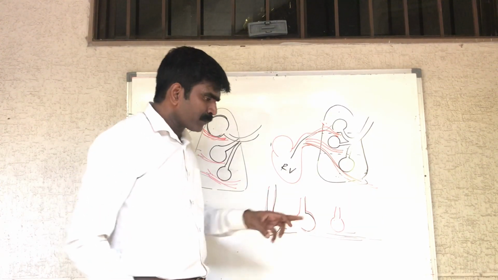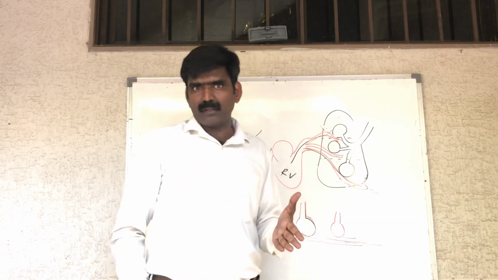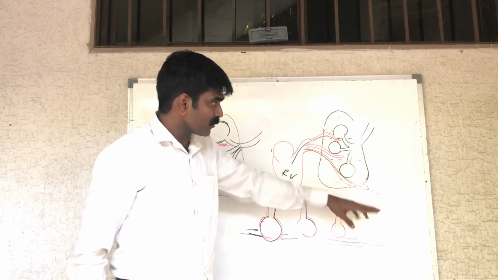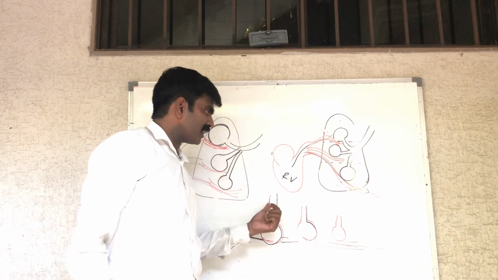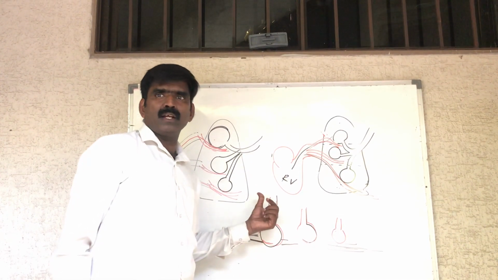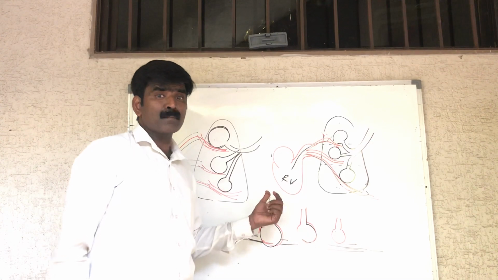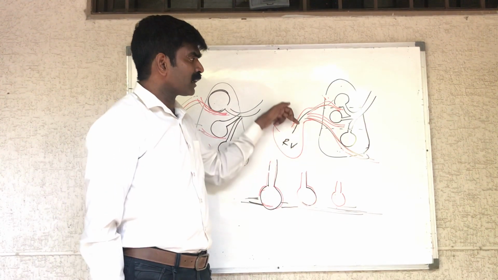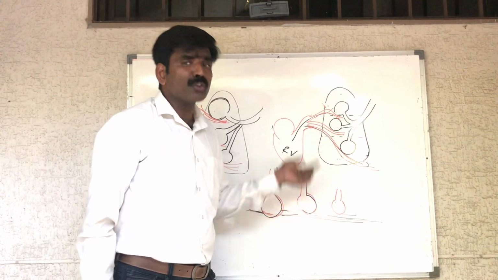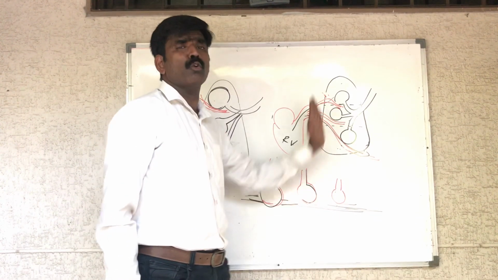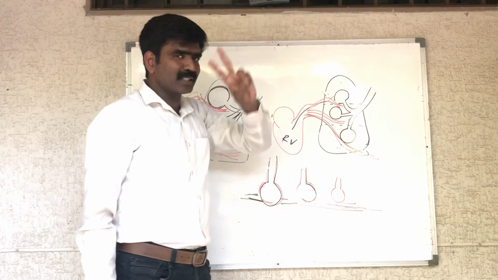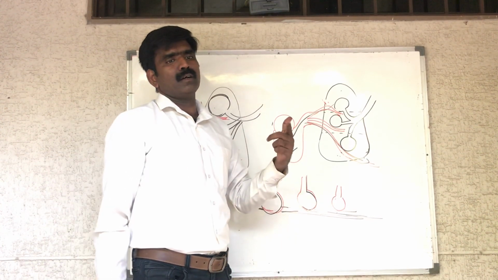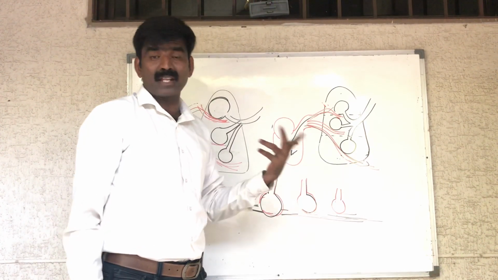First reason, as I have already told, is gravity. Because of gravity, the blood flow is more here. Perfusion is more. Second is less pressure. Pulmonary circulation is a low pressure system, that is 13 millimeter of mercury. So already the gravity is assisting and pressure is also less, so with less pressure it cannot go up to the upper zones. That is the second reason. And the third reason is the resistance offered by the pulmonary artery itself.